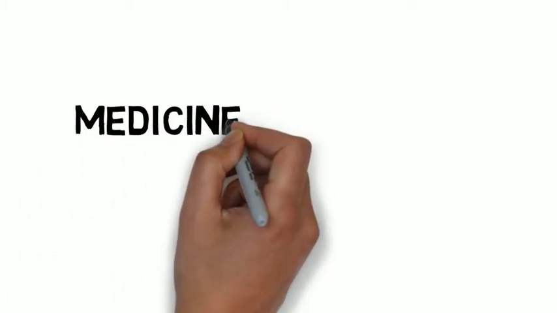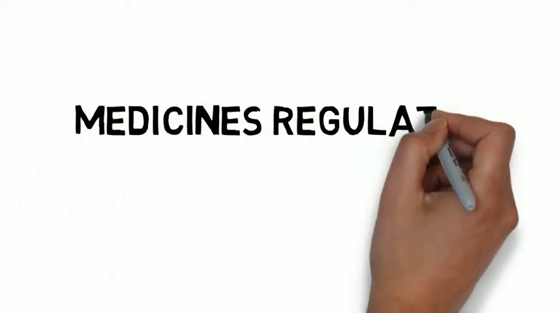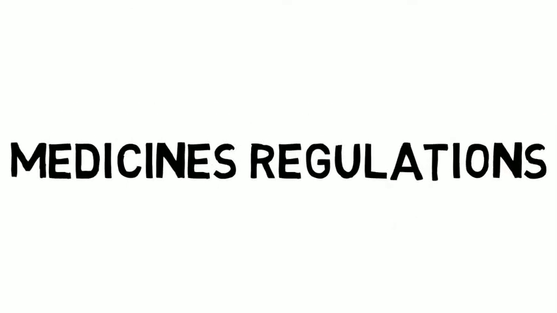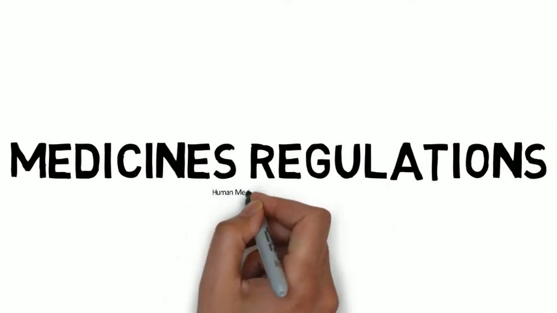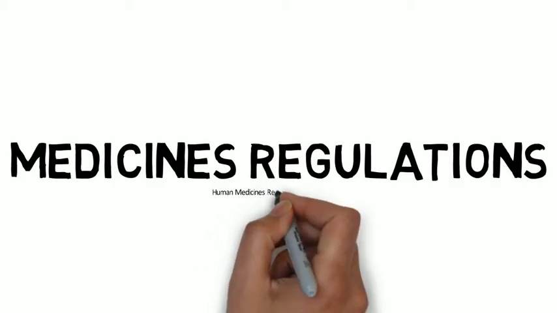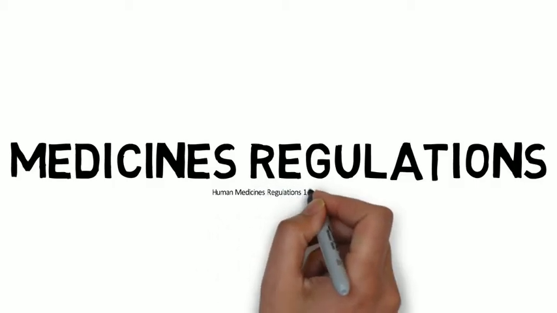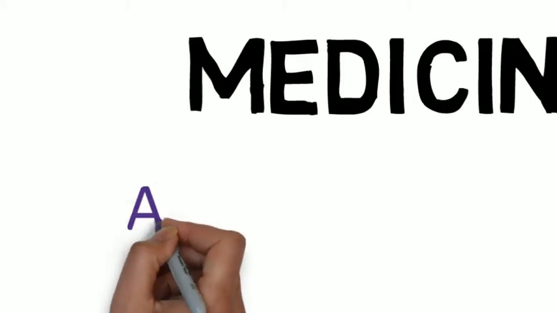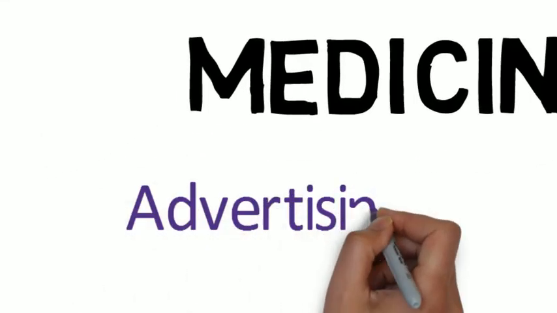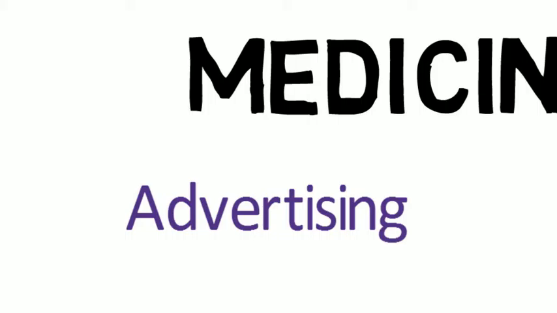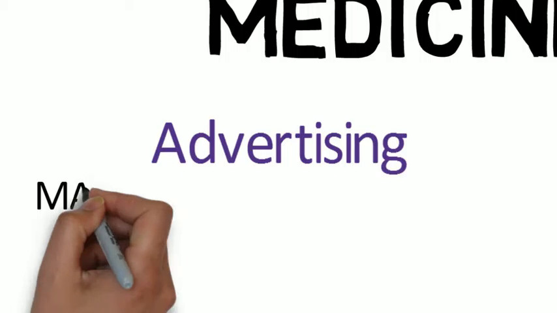The Human Medicines Regulations has many parts that cover various aspects of the sales and supply of medicines. Now, one of those aspects, which I'm just briefly going to touch upon, is advertising. There is obviously more information in the Dale and Appleby's pharmacy law textbook, and really the principles around advertising are almost common sense. So the key three aspects are that no person can publish an advertisement for a medicinal product